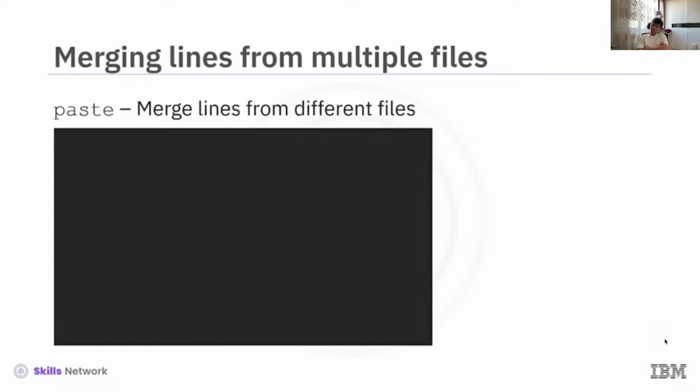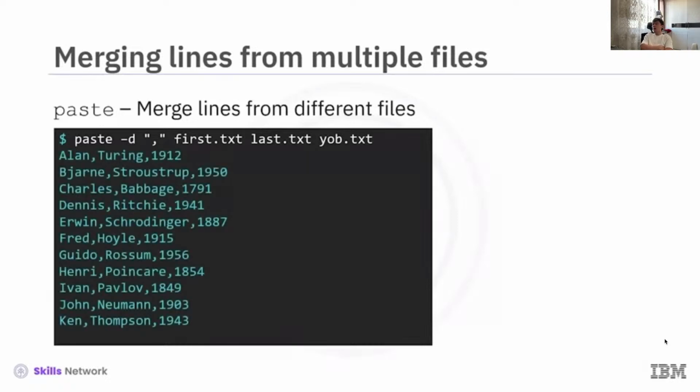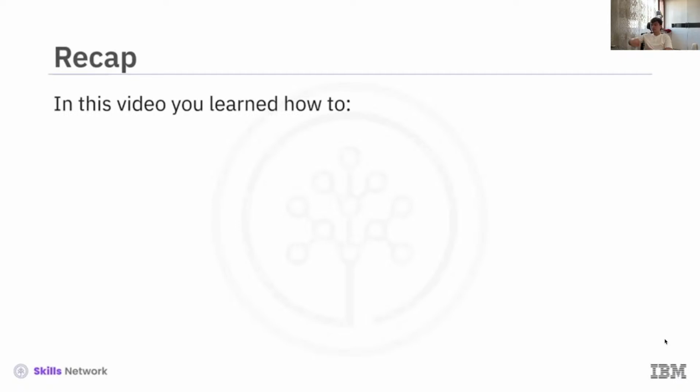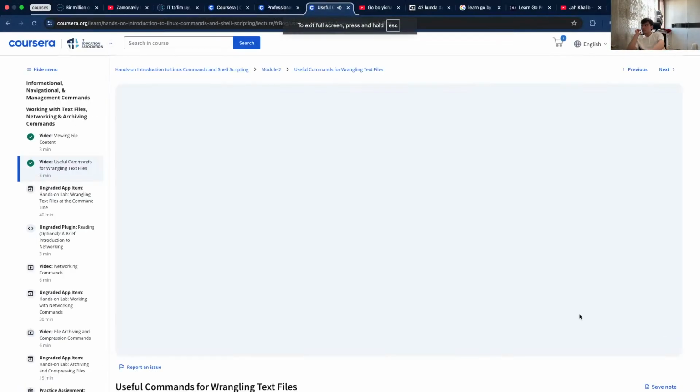You can specify a delimiter other than tab using the -d option with the paste command. For example, you can use a comma as a delimiter by entering paste -d with a comma surrounded by double quotes together with the first, last, and yob text files. As you can see, this will create a table combining all 3 files with a comma between each field, such as Dennis, Ritchie, 1941. In this video, you learned how to view the lines of a file alphanumerically using sort, remove